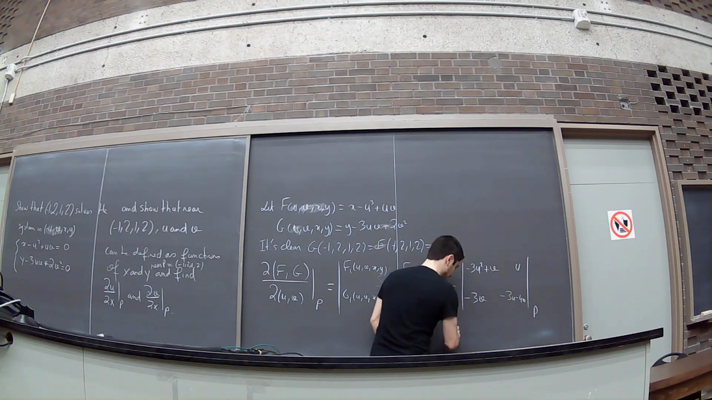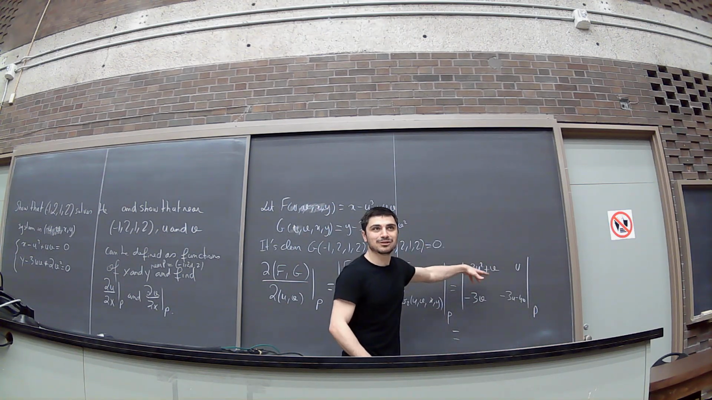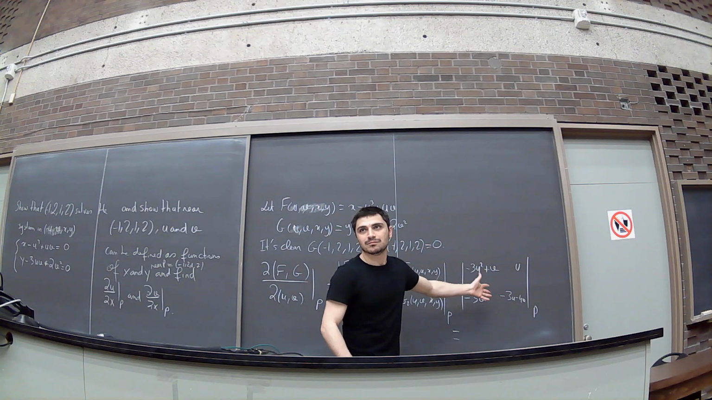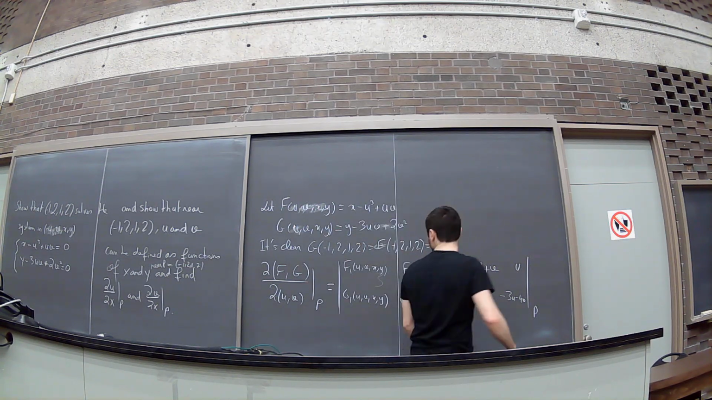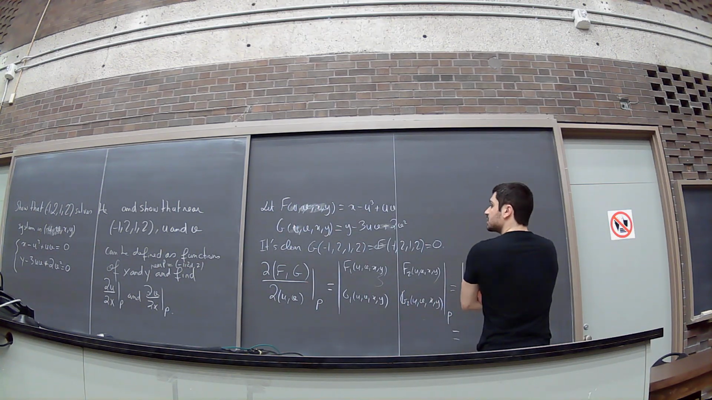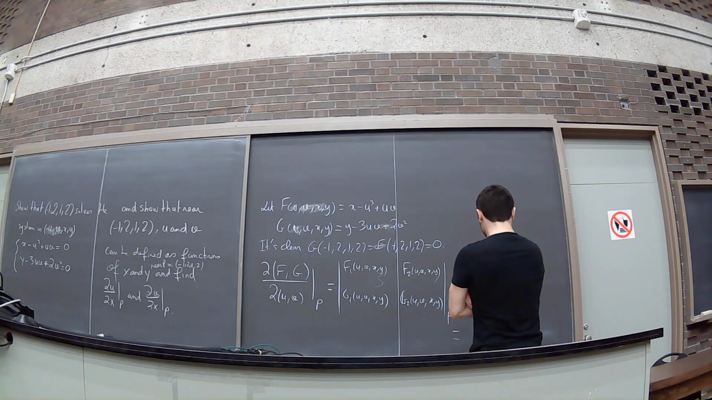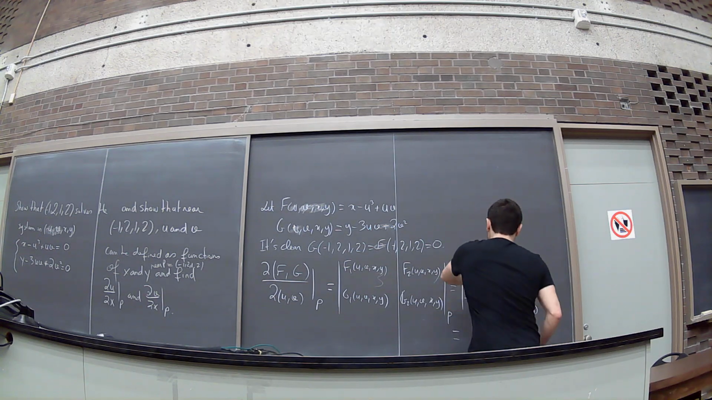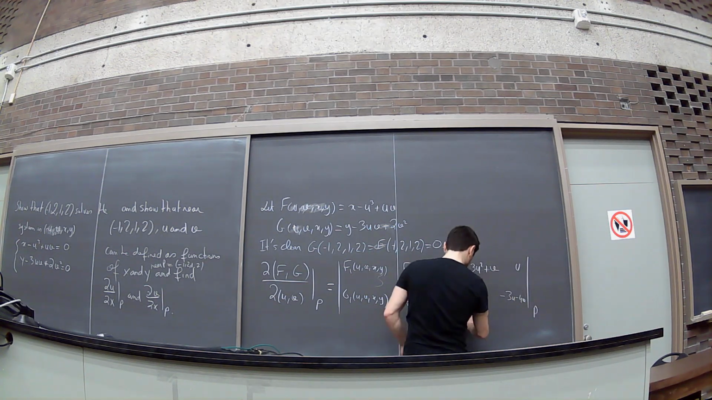Evaluated at the point P. Luckily here, it doesn't depend on x and y. Magically, right? It's a coincidence. So let's see. U is what? My u is minus 1, and my v is 2. U is minus 1, so I get minus 3 plus 2, which is